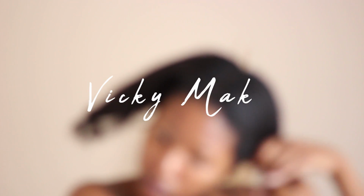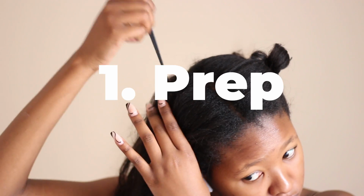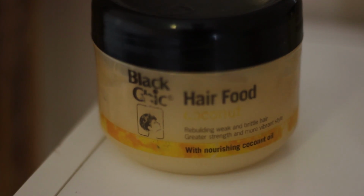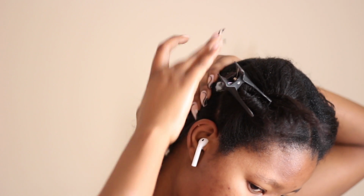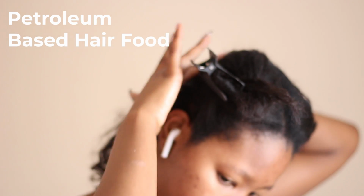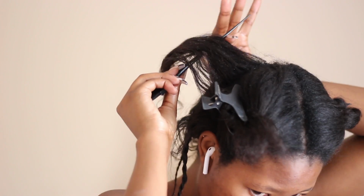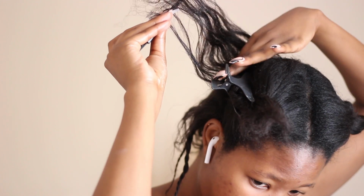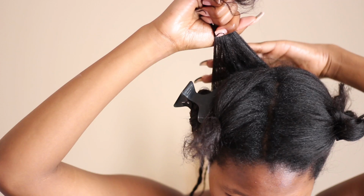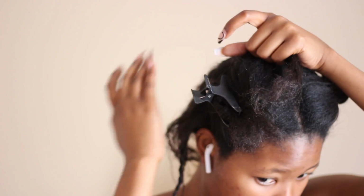So basically, getting into the first part of my relaxer routine, I start off with prepping my hair. I'll be using this Black Chic hair food. You can get this from Clicks, you can get this from Dis-Chem. It's basically a petroleum-based hair food, a petroleum-based product, and I'll be using that to protect and prepare my scalp and my hair. So what I'm doing now, you will see that I'm applying the hair food to my scalp,